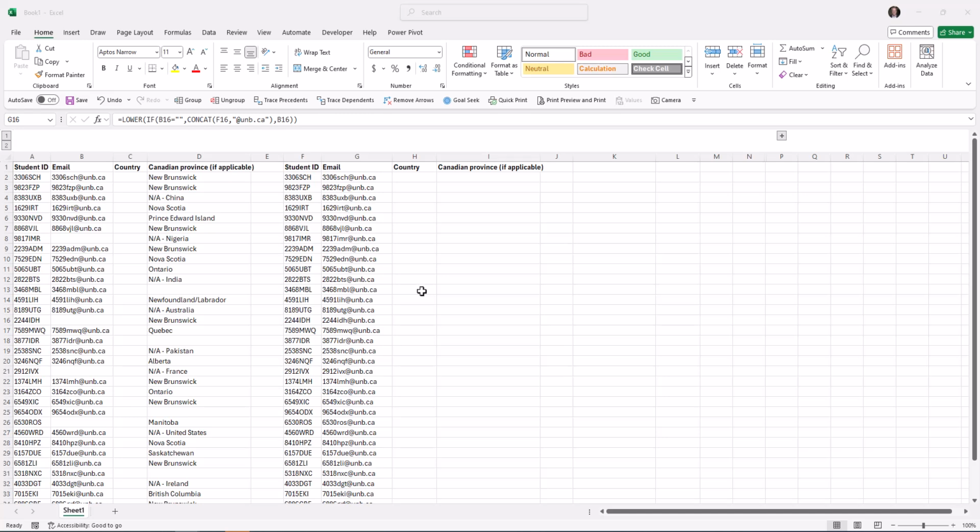When that is the case, it's sometimes fine to leave it blank. Sometimes you want to replace it with something else, either a 0 or text or another value altogether. Here, let's replace it with text. We could use the if formula to do this again, but let's try something else to show you another way